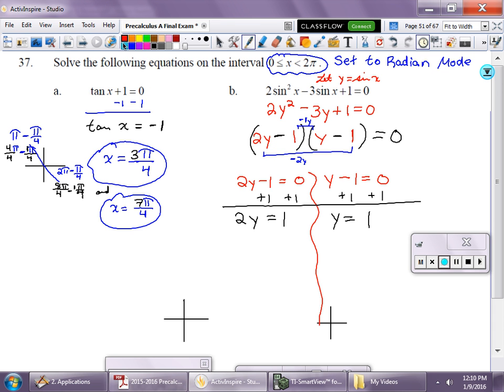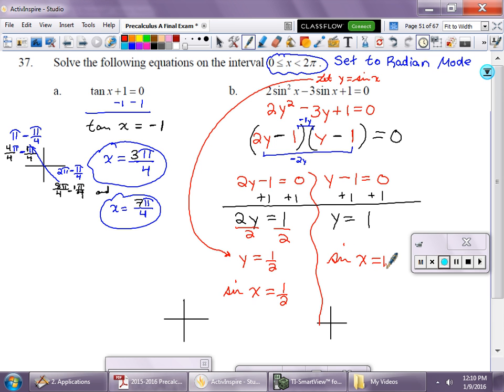Going back to what we're asked to do. This one we have to solve for y, so we're not ready. So we get y is equal to 1/2. And this, here we're ready to go. Y is not y anymore. Y is sine of theta. So you have to know this is going to be, where is the sine of, and I guess they call this one x equal to 1/2. And this one we just write sine, and you can see why I have my grids here. Sine of x is equal to 1. Okay, shimmying down